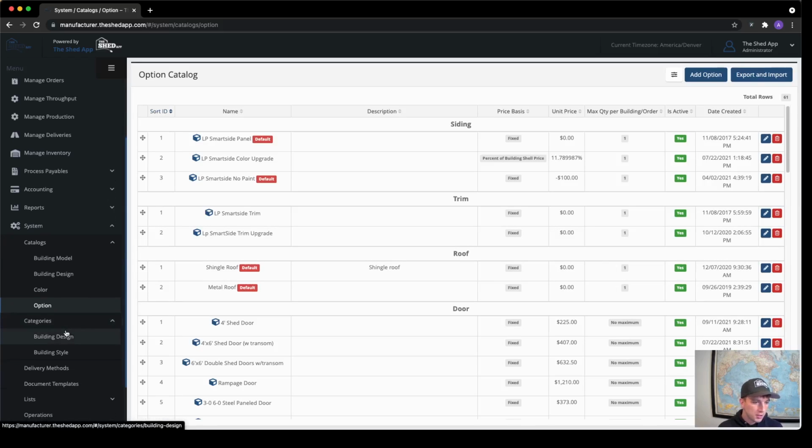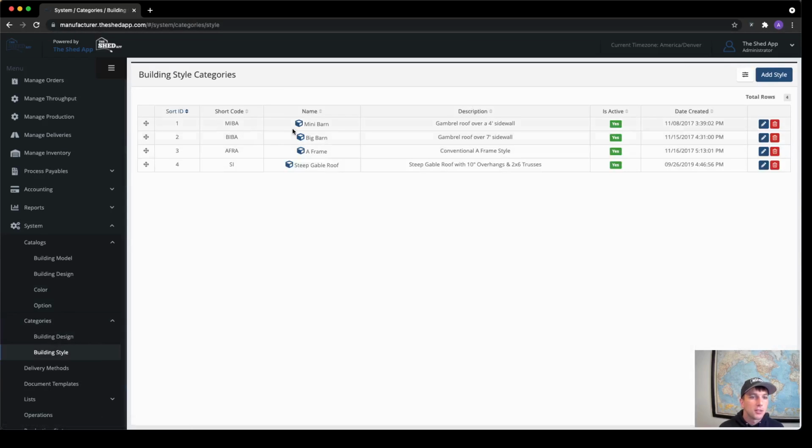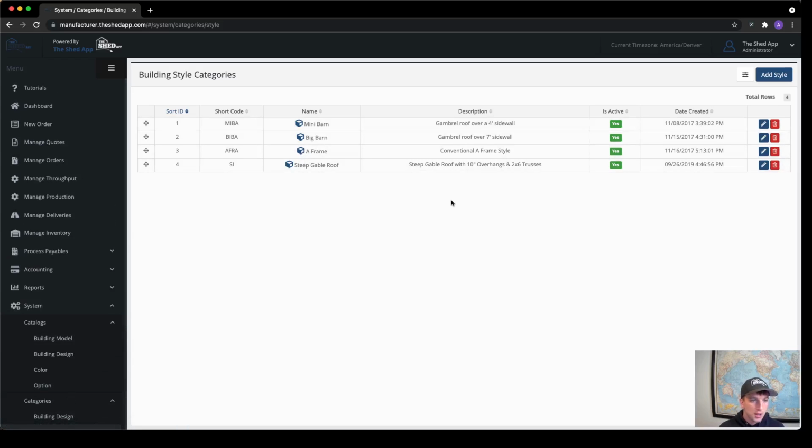And then we're going to want to do the same thing for building styles. And we've got those there, so that's good. That's the first step. We'll follow up in the second step by going to, we're going to stay in System